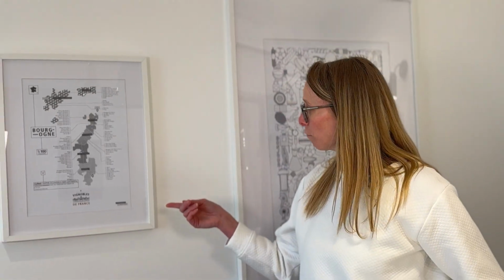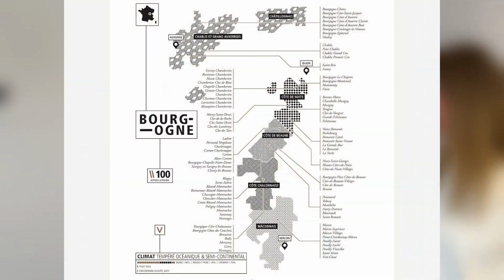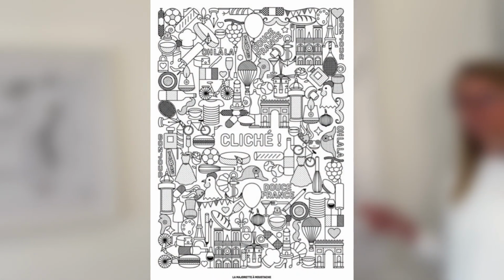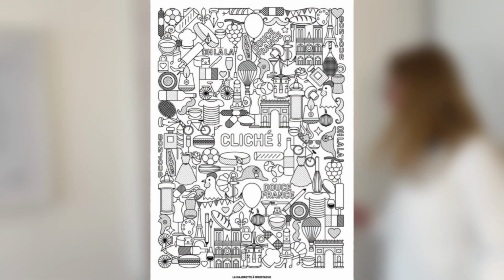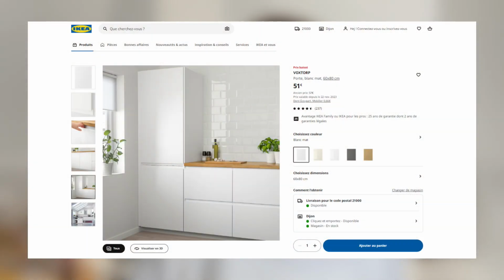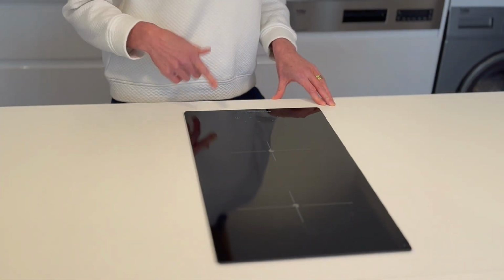The first of which is a graphic interpretation of the vineyards of Burgundy, and the second of which is a poster of French clichés. Both of these are made by the French company La Majorette à Moustache, designed and printed in France. The kitchen cabinets are the Voxtorp model from IKEA, and here in the island we have a 2-burner